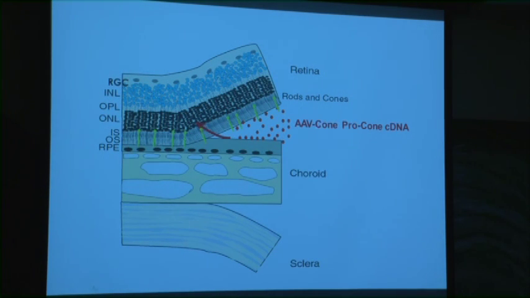So we're going to have an AAV serotype, and AAV5, as we found quite a few years ago now, is very efficient at transducing rods and cones. We need a cone-specific promoter, and then we'll have a specific cone cDNA for the disease we're trying to treat. For most of what I'll say, almost all of it, we're going to be using